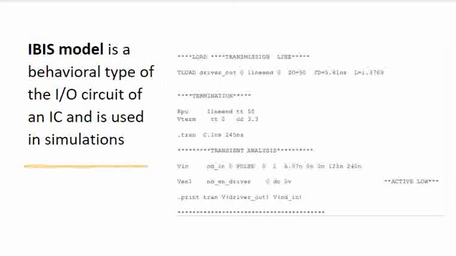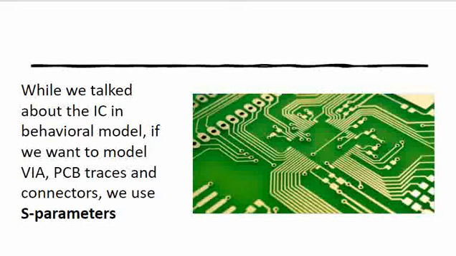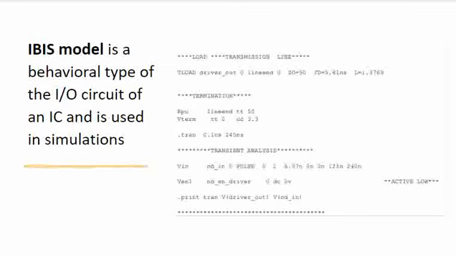So now, other than IBIS model, we hear about the S parameter model. So, before going to S parameter model, what we need to understand is in the IBIS model, what we are doing is we are getting a model of an IC, the I/O circuit of an IC, right? Now,